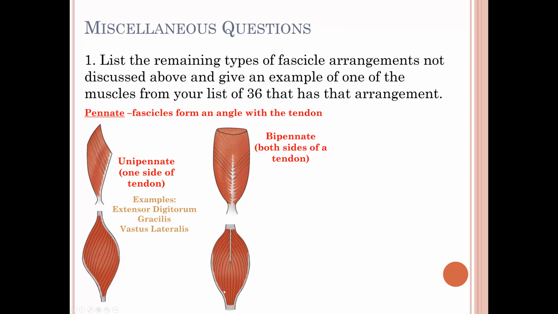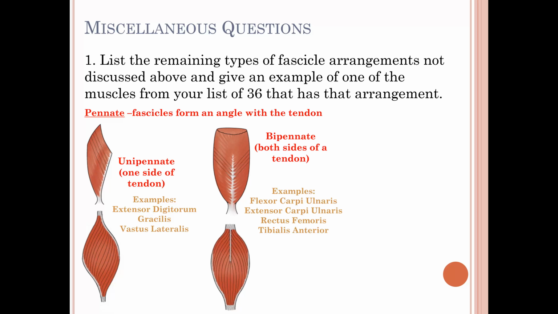It might have a fusiform appearance at first, but the difference between this one and the fusiform is that in the fusiform, the fibers are all parallel throughout the entire muscle, whereas in this one, they are again coming in at an angle to the tendon, and it's on both sides. So examples of bipinnate muscles from your list include the flexor carpi ulnaris, the extensor carpi ulnaris, the rectus femoris,